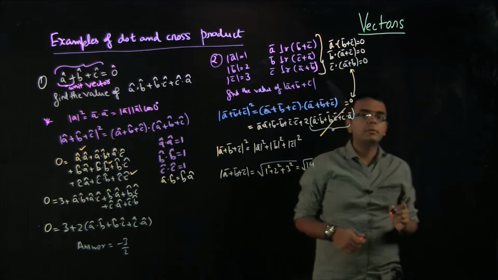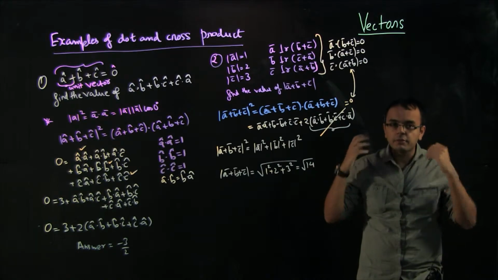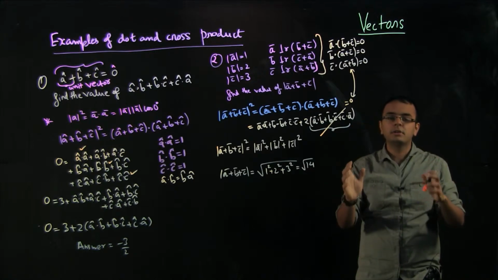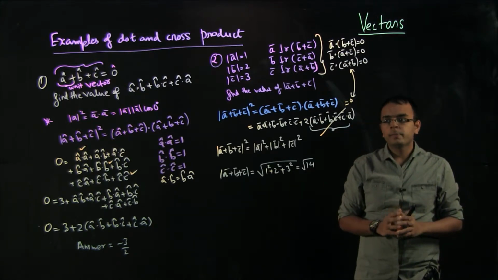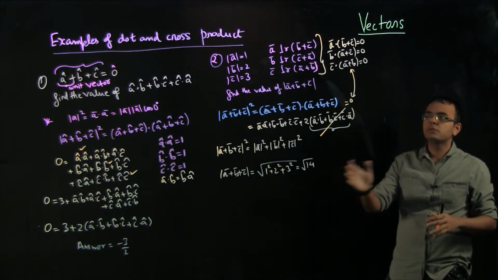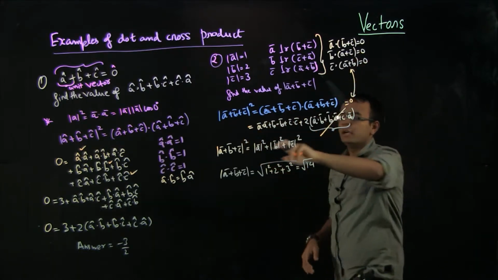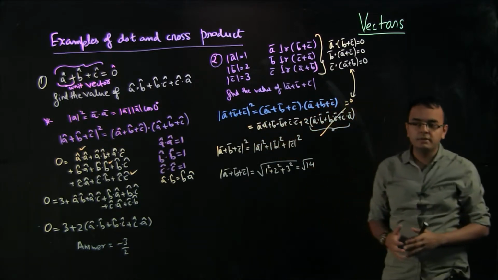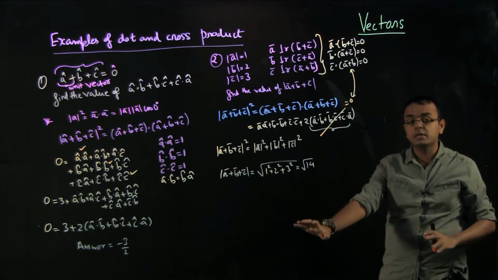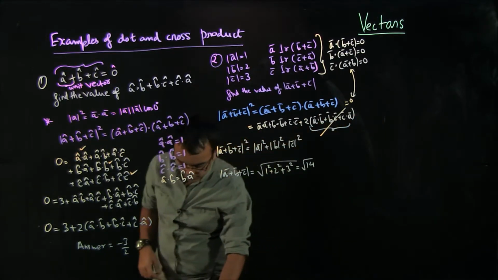Trust me, even such a simple problem people are not able to solve, because sometimes they do not remember even the basic formulas, basic conditions. They do know dot product, but they forget that as soon as they see perpendicular vectors, the dot product is 0. So I hope this makes sense. This question is easy for you to understand and follow, and these two questions made you realize that whenever you see vectors like a plus b plus c in some relation and you've been asked to find the mod, you just have to take a dot with itself, and then you can quickly write down this formula and solve the problem. There are a lot of problems of this type, so I hope that you will be able to remember this now.